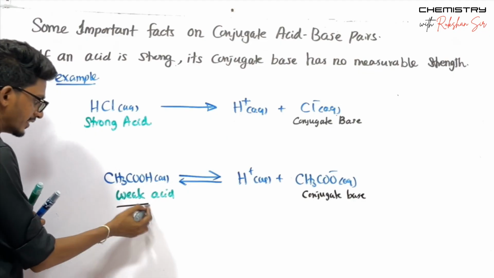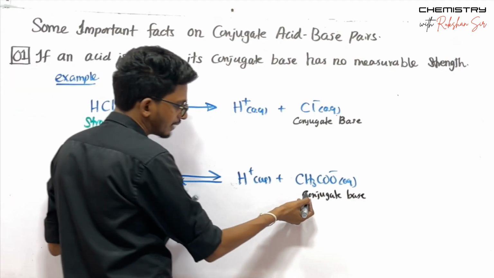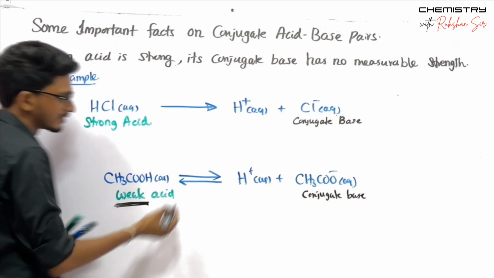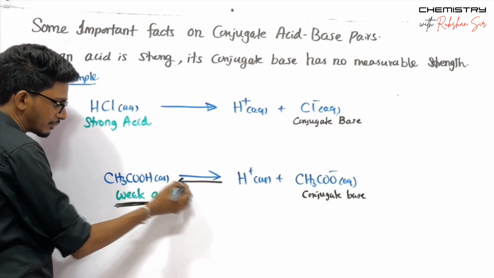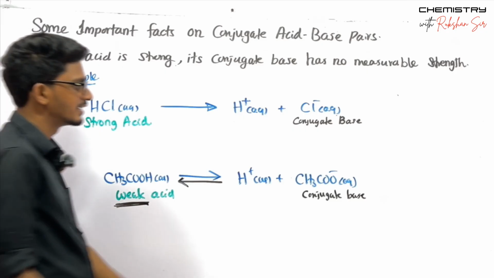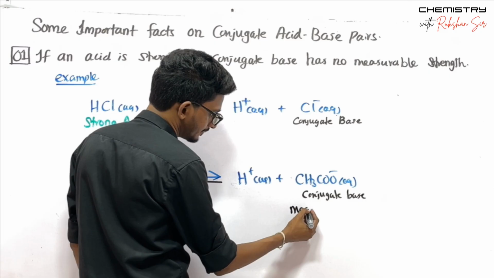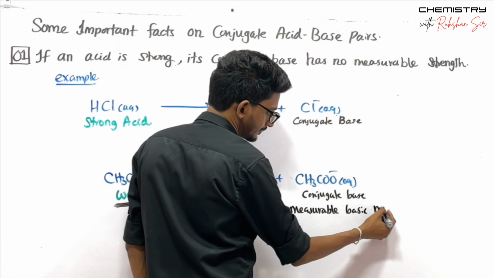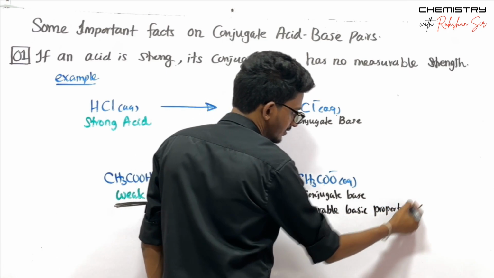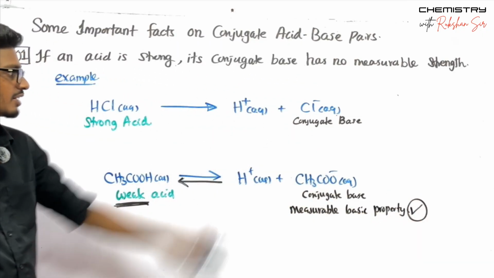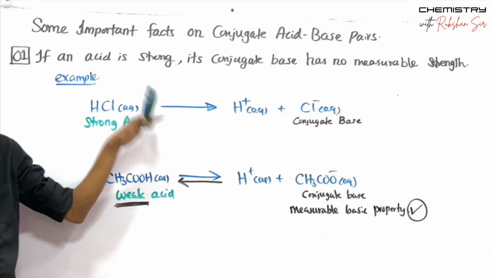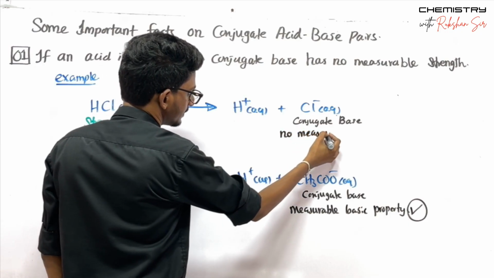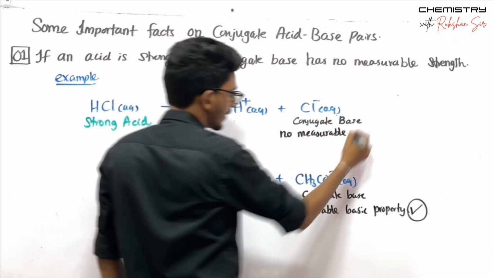If you are a weak acid, then your conjugate base has some measurable acid-base property. So this CH3COO minus can accept an H plus, and by the reverse reaction will produce the acid again. So this one has some measurable basic strength, but not this one. This one won't accept H plus to produce HCl again. So we can say no measurable basic property